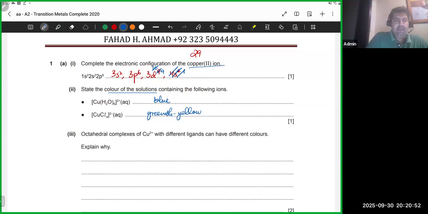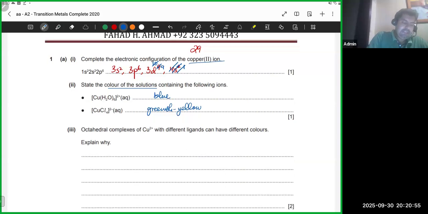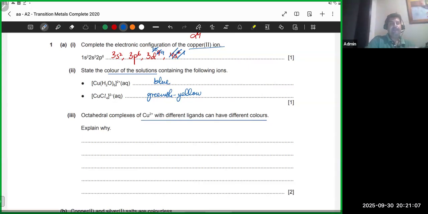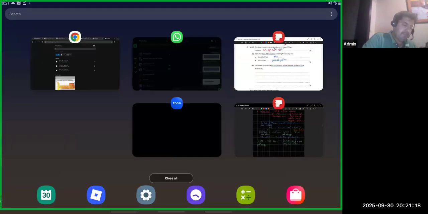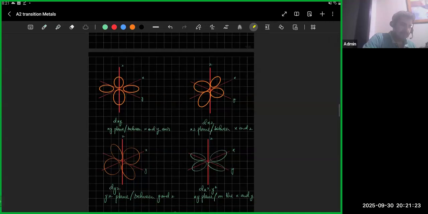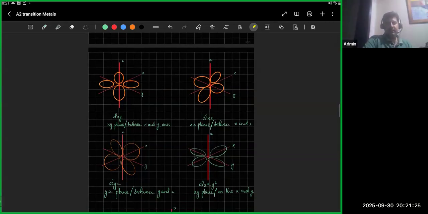And then you get this larger question where you have to write the whole explanation of why do different ligands have different colors. Remember, I told you that there would be 2 questions. One would be why are they colored, and the other one would be why different ligands are going to have different colors, right? So I'll just recap the color thing, right? So why were transition metals colored? Well, if your